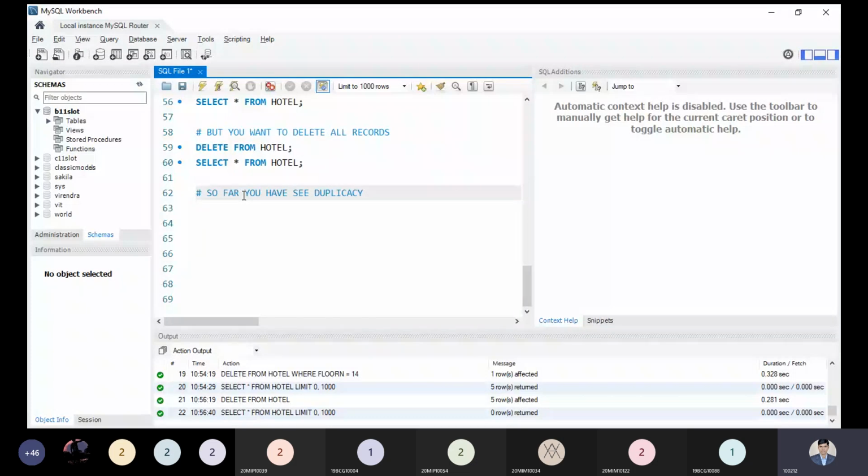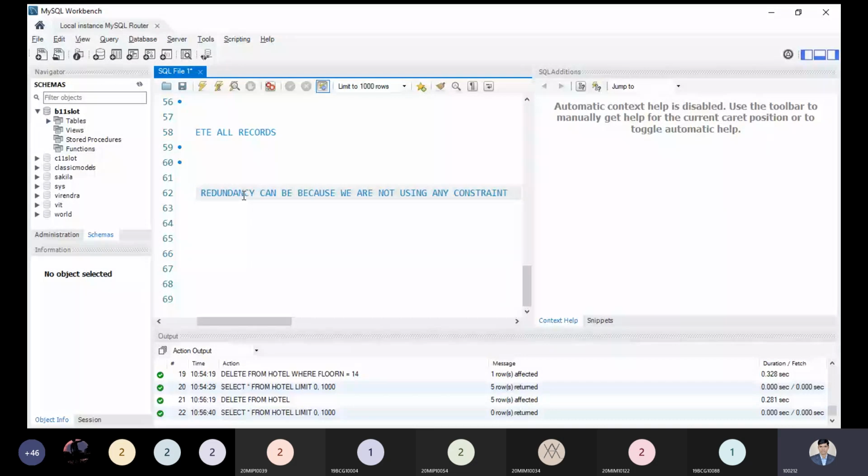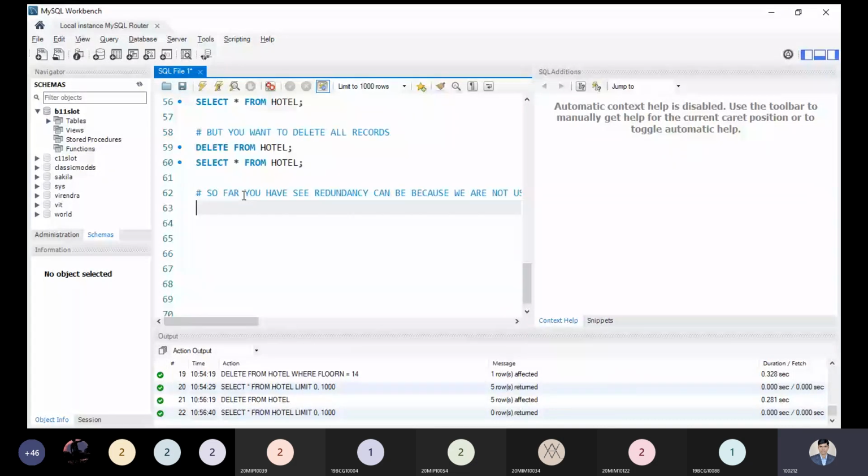The word we have to use is redundancy. Redundancy can occur because we are not using any constraint. That is important.